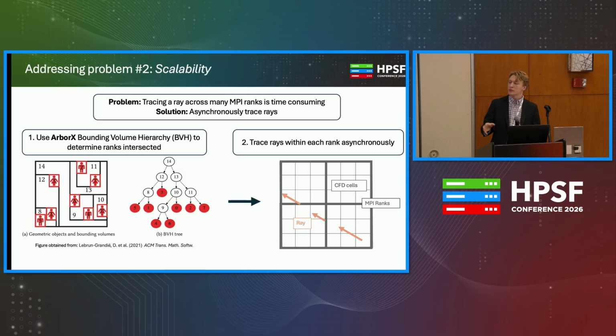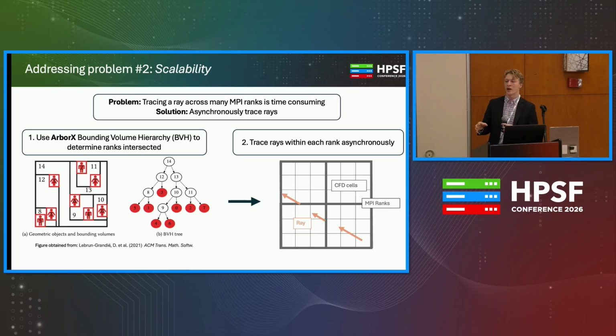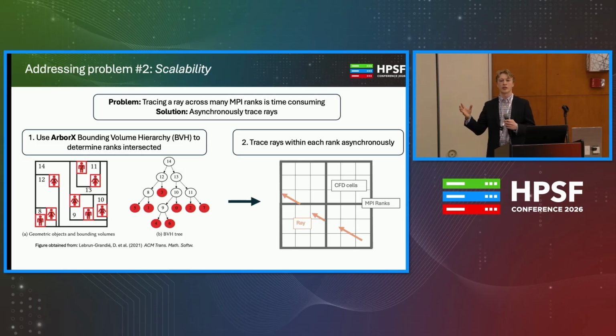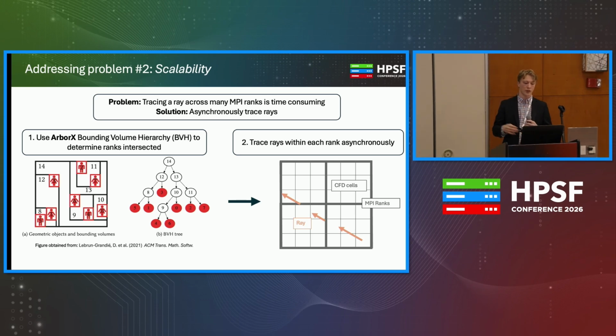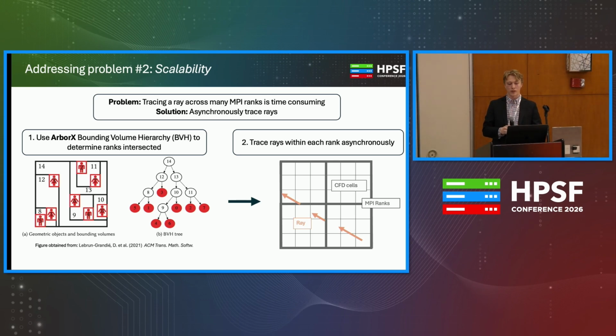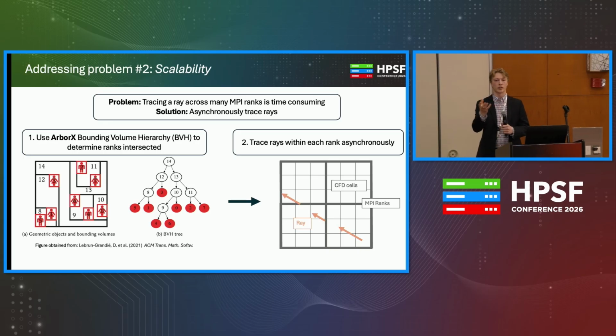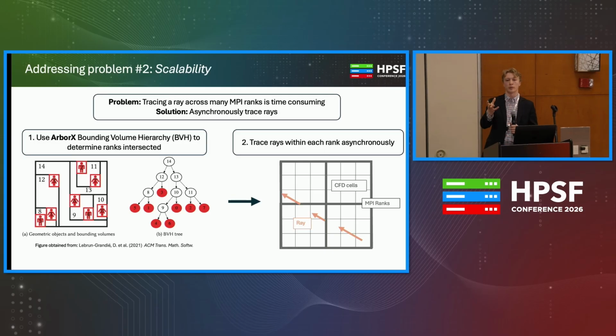So the second problem was scalability. How do you scale this up to multiple nodes in your HPC? And so to solve this, we used ArborX. As I'm sure many are aware, ArborX is a bounding volume hierarchy based code. And so we took advantage of those capabilities, where we have a multi-node system where each node has its own cells inside of it. And so what we did was we realized we could formulate the radiation problem in a way that